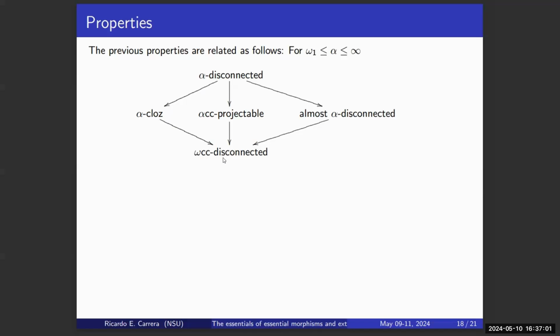And omega CC disconnected is basically just a finite pairwise disjoint. If you ever have a pairwise disjoint subset that's less than or equal to A, then in fact its cardinality is finite. And so in fact, trivially every compact regular frame is omega CC disconnected. And one can show that. Okay, so